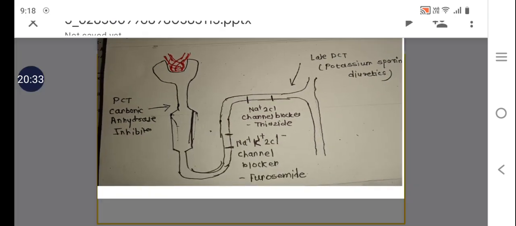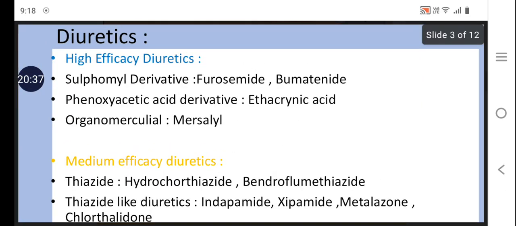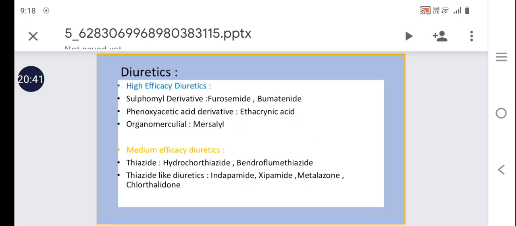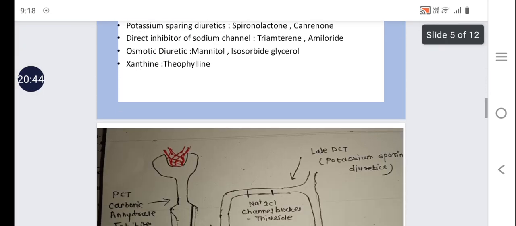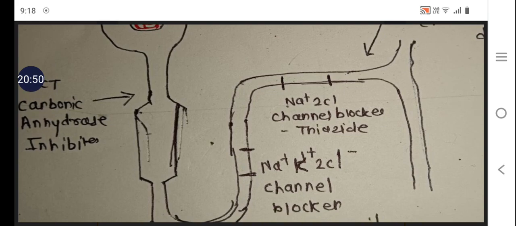Then the next category is medium efficacy diuretics, that is hydrochlorothiazide or bendroflumethiazide. These drugs act on the early distal tubule, and they block the sodium 2 chloride channel. The sodium 2 chloride channel is again involved in the reabsorption of sodium, and